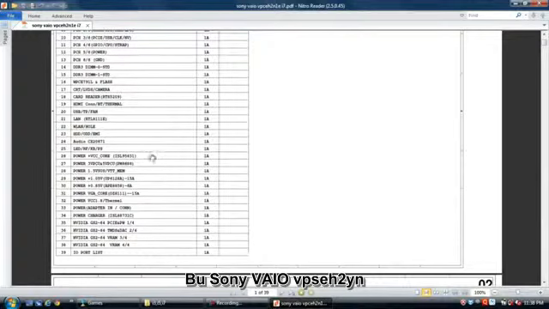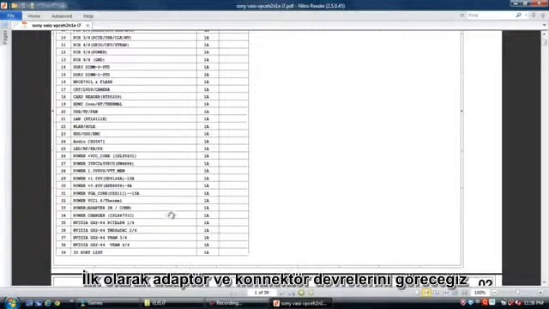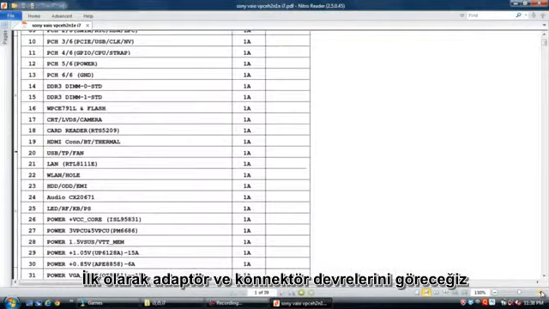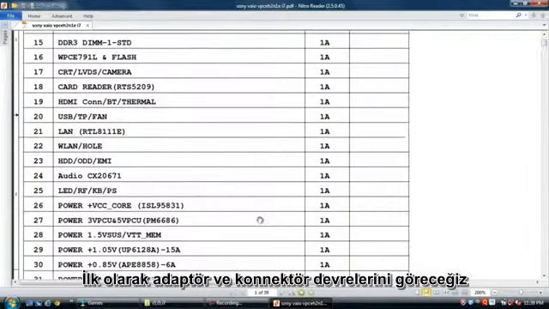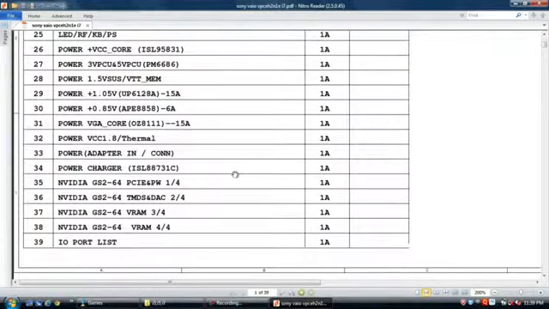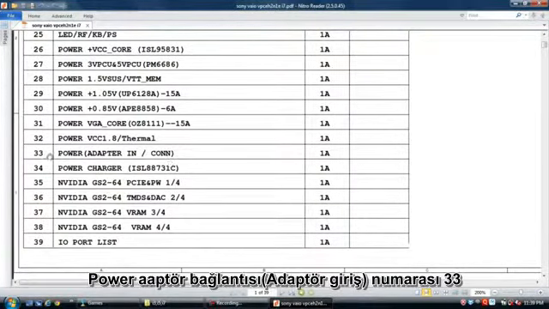This is Sony Vaio VPC-EH2N. This is also i7. For any circuit, first you will see the adapter or battery connector page. See here, power adapter in connector, page number 33.